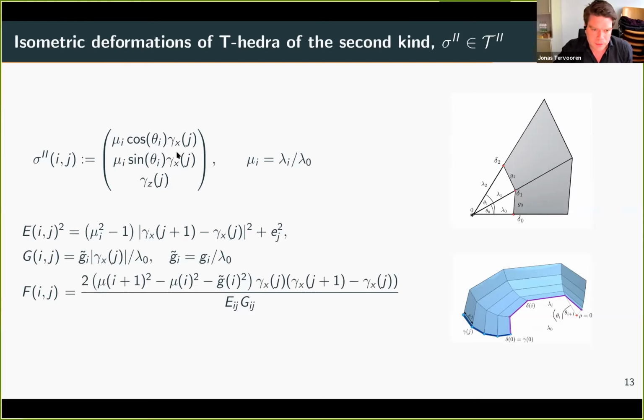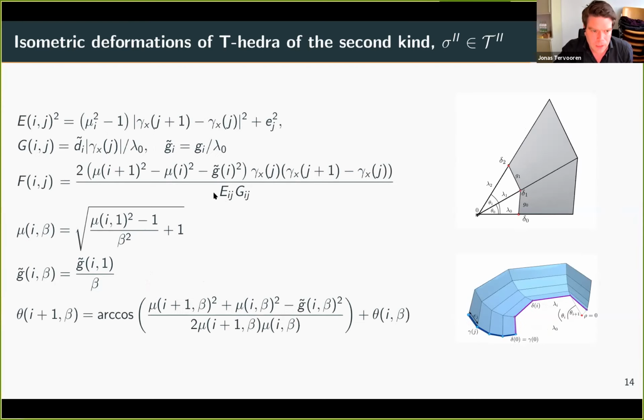And again, if we transform the profile curve, as I introduced at the beginning, we have to find the new stretching factor mu and the new angle theta, such that the edges and angles of the surface are not changed. Don't really look at the formulas in particular, they're just for people who want to read them later. The only thing you can see is that the first equation for E just involves gamma and mu, and the edge length of gamma, which is preserved, so that we can use that to solve the equation for the mu's